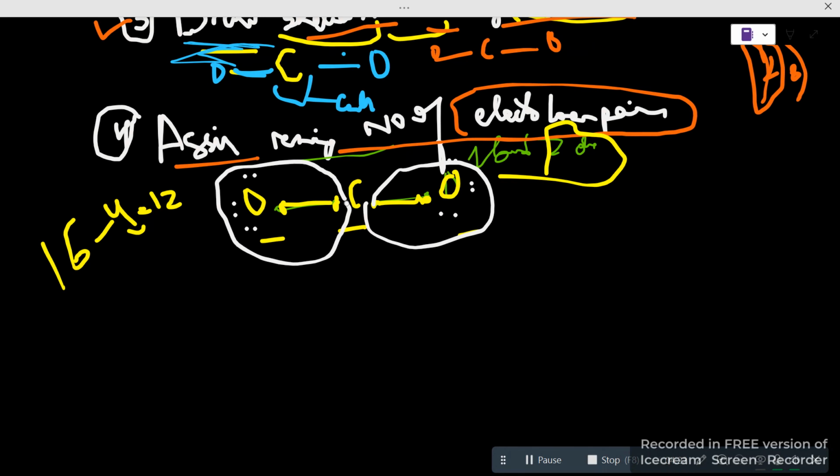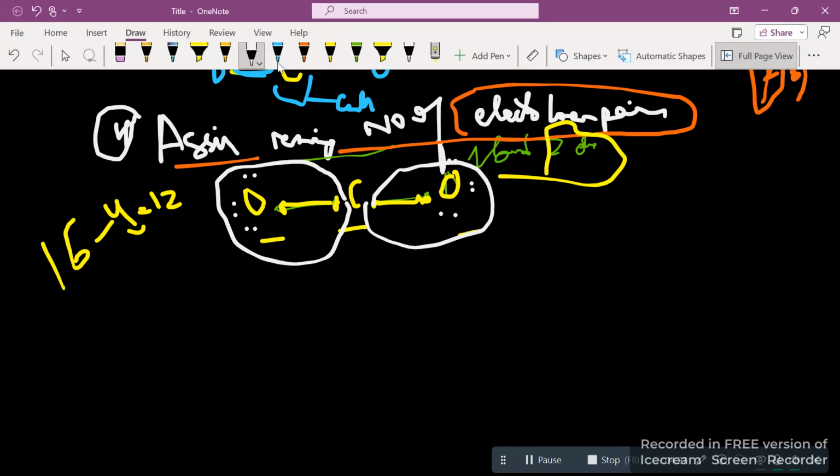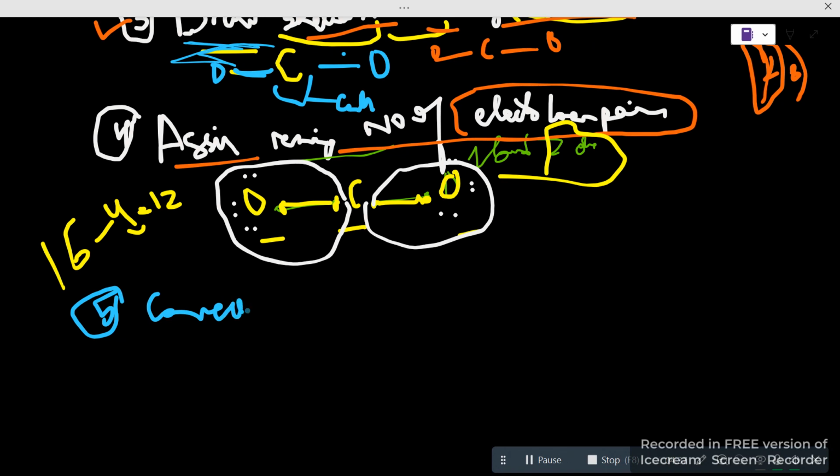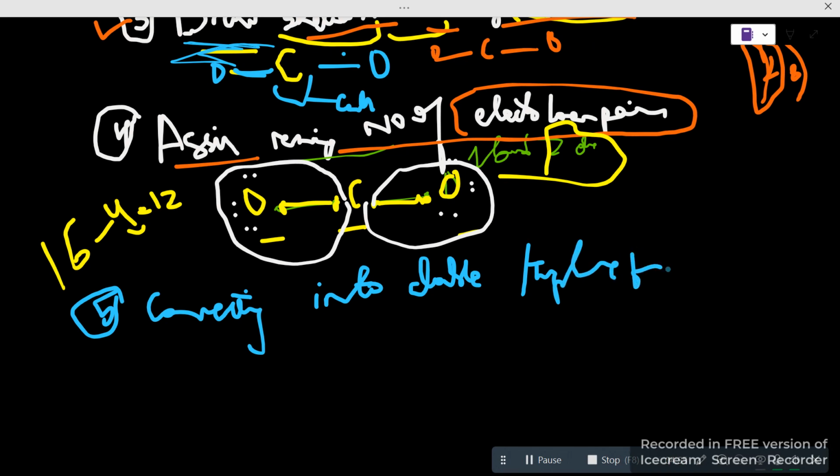So the last step is converting that pair into a double or triple bond, into double or triple form. Let me just write it. Converting into double or triple form. What does this mean? This simply means if I made this bond and this bond